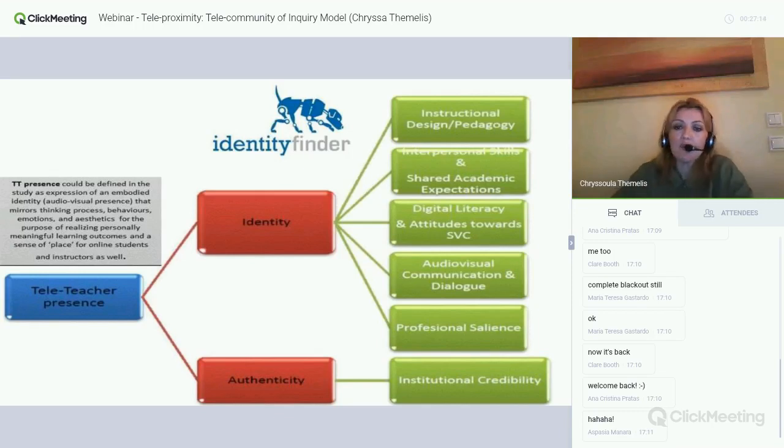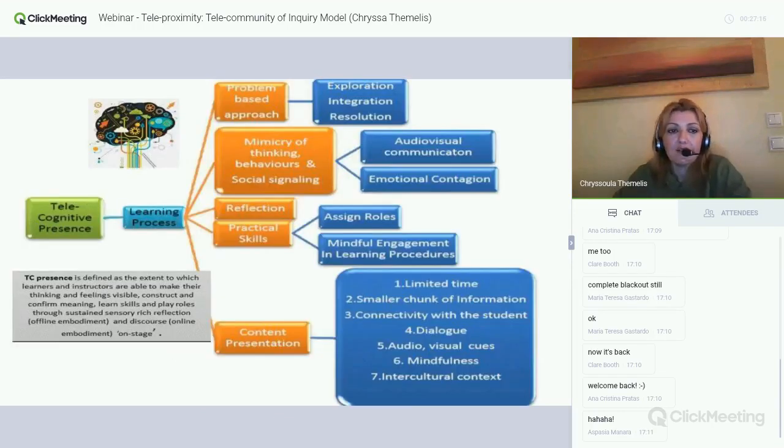So the next step was to redefine telecognitive process. Telecognitive process is defined as the extent to which learner and instructors are able to make their thinking and feelings visible, construct and confirm meaning, learn skills and play roles through sustained sensory reflection, offline embodiment and discourse, online embodiment on stage. So these states that video conferencing creates help the learning process by being